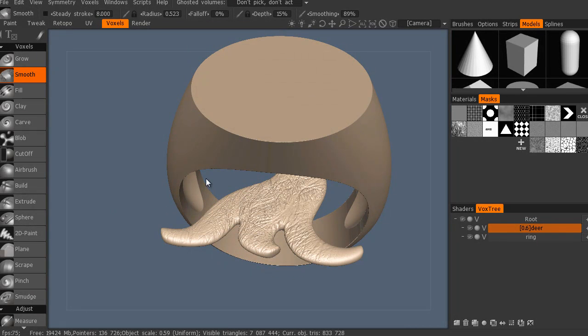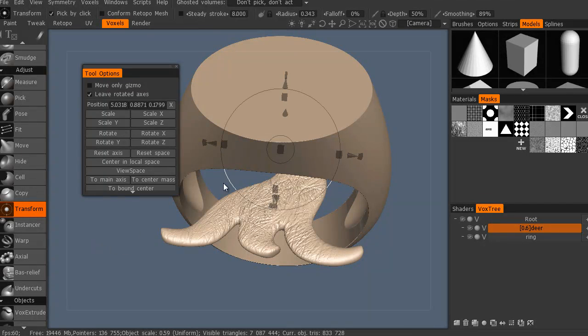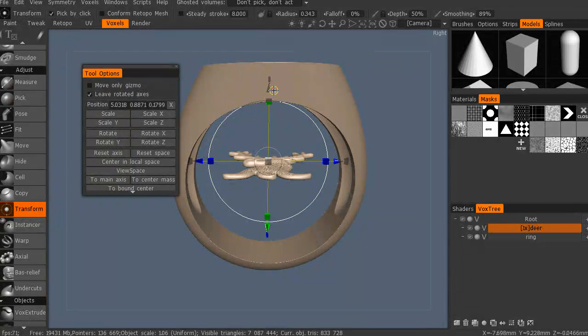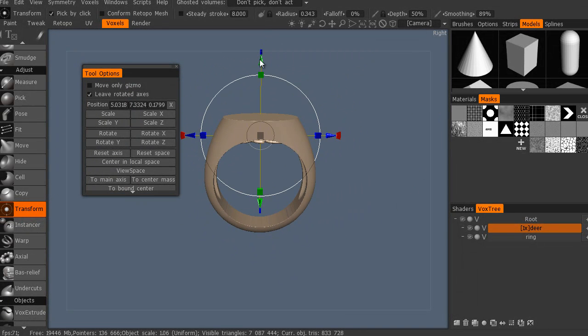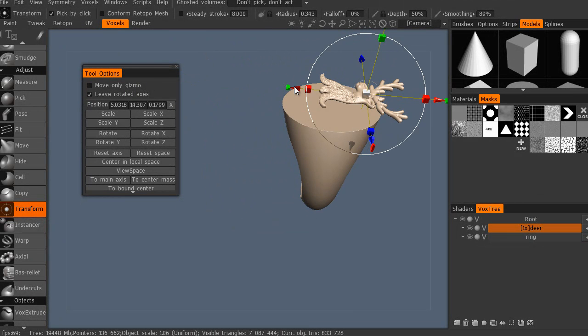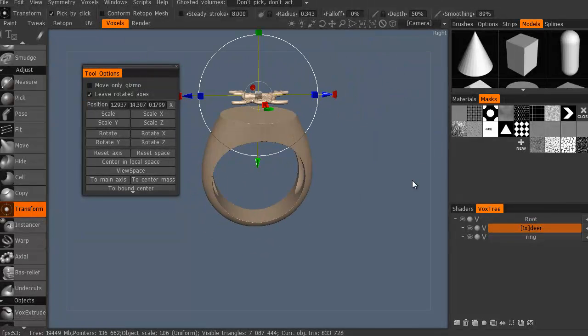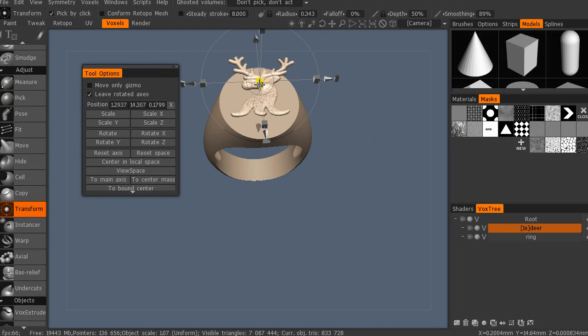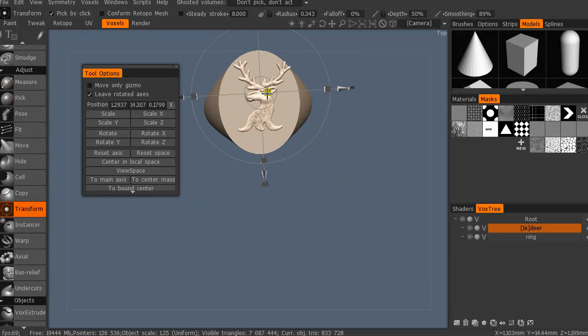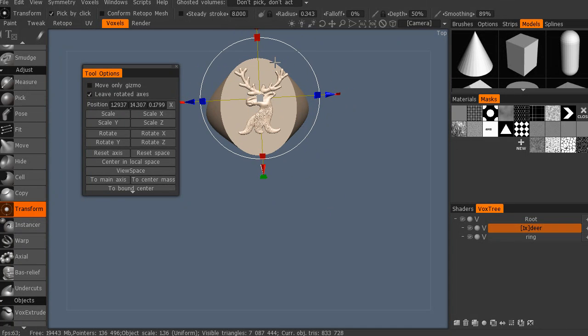Alright, so the ring is the right scale, the Mr. Deer is not. Okay, so we're going to work with Mr. Deer, and we're going to go to the transform tool, and we're going to scale it smaller first of all, and obviously we're going to pick it up. I'm just going to zoom out and pick it up, and it needs to go there. Still needs to be scaled smaller again. Is that right? Yeah, bigger than that. Go on, Chris. So somewhere like that, and